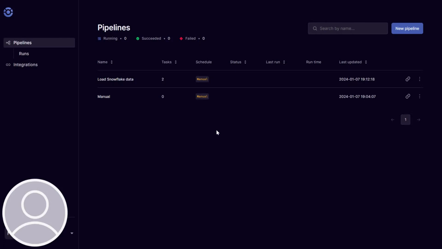Okay, in this video, we're going to talk a bit about why you might want to trigger a data pipeline to run in Orchestra externally and how you do that. So, imagine you're using Orchestra to load data from somewhere like S3 into Snowflake,